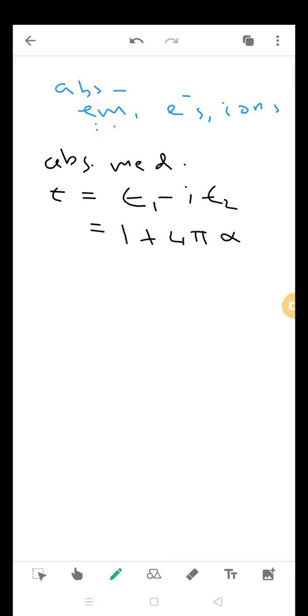So the bottom line is that epsilon 1 is equal to n square minus k square, and epsilon 2 is equal to 2n small k,